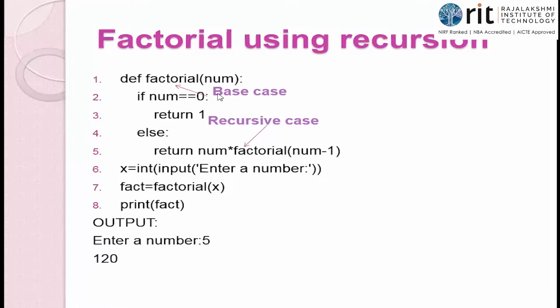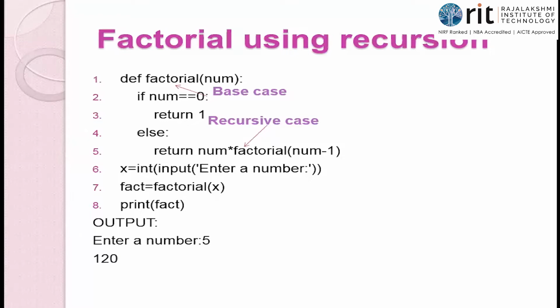Whenever a function call comes, the definition should be executed. So if I now execute the function call factorial of 5, I'm executing this statement: return 5 into factorial of 4. The expression gets evaluated and I'll get an answer. Obviously the answer is 120.